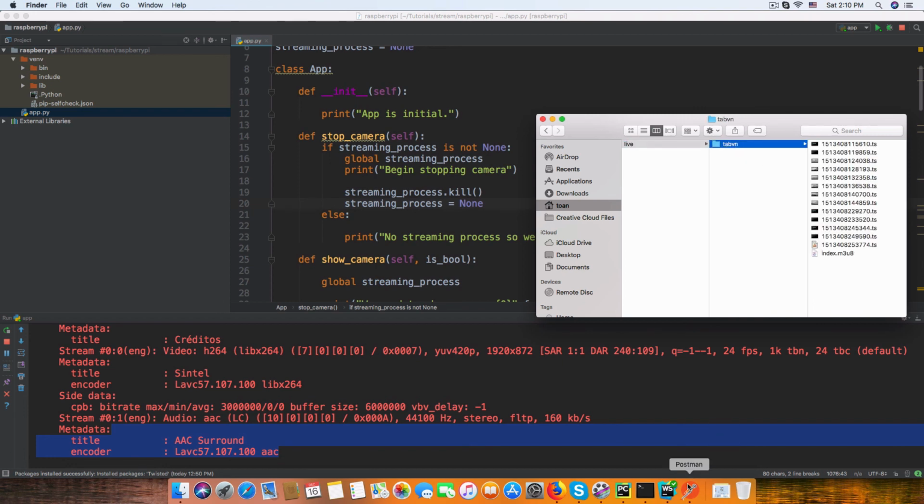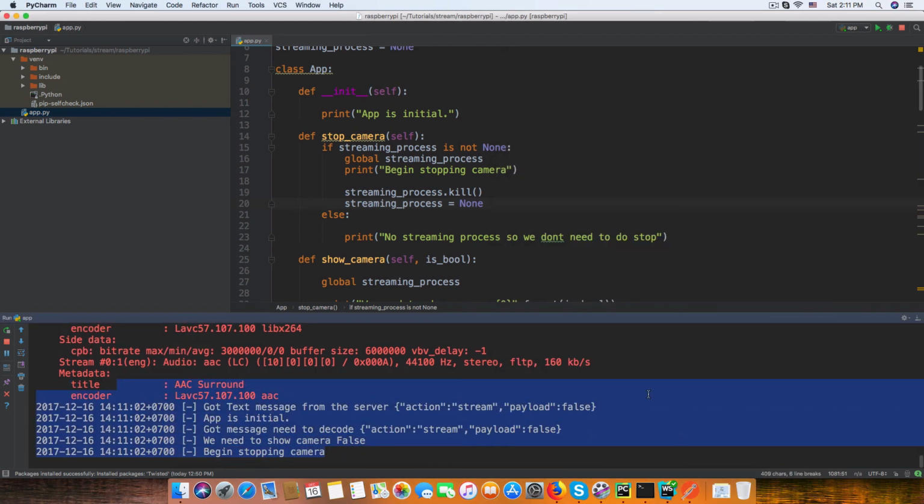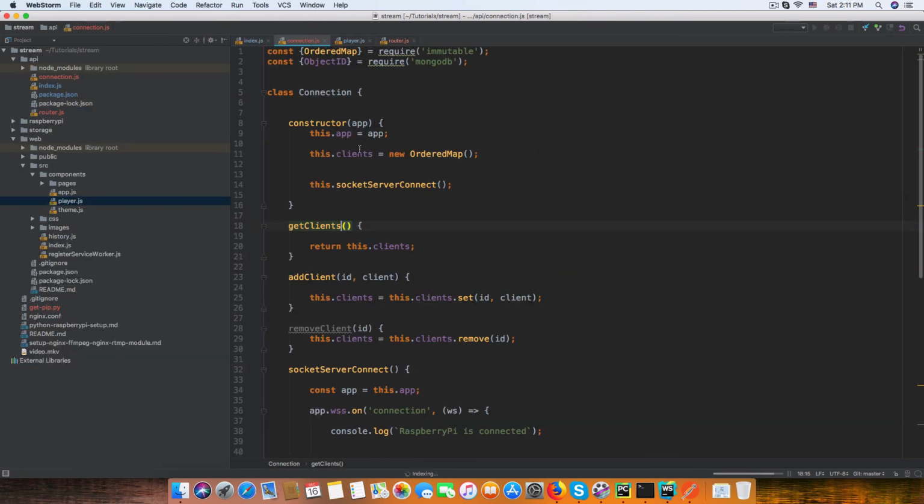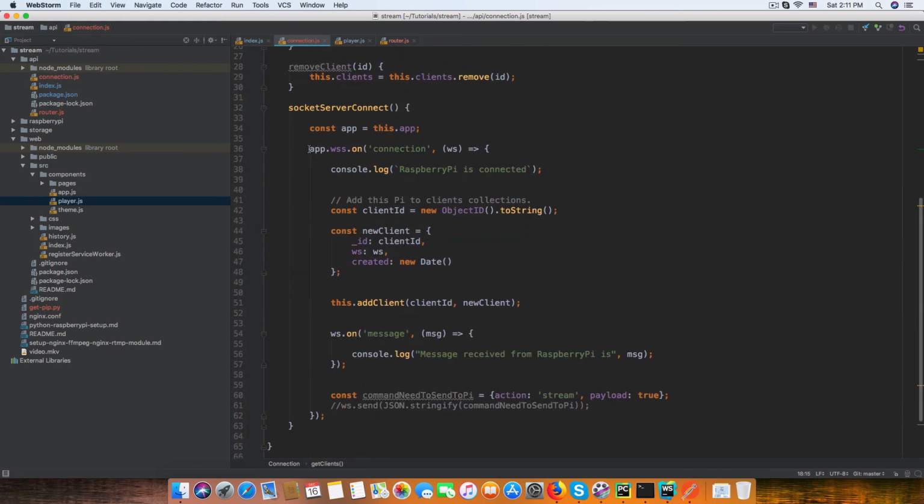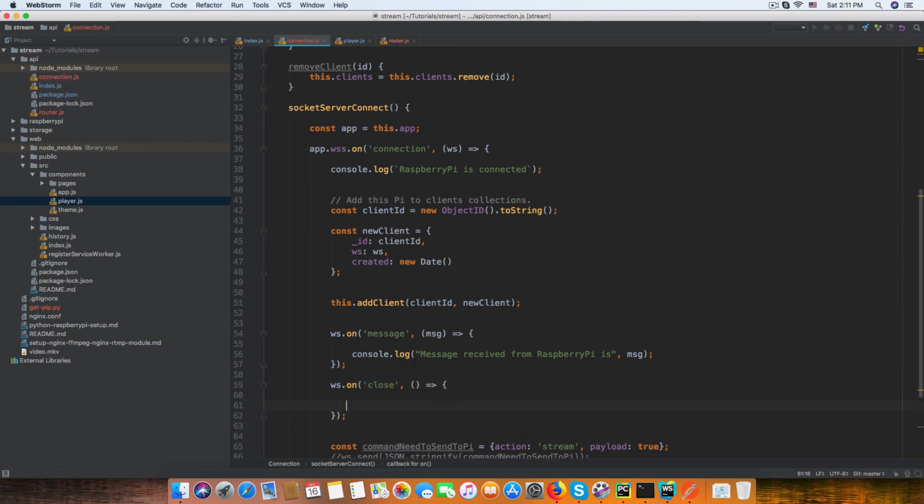So alright, okay, so that is how it works. And change to stop. Alright. And so one more time, I can make a function in our connection to make sure we know if the Raspberry Pi is either not connected or disconnected from our server. So in this case, on connection, here ws.on close, and any reason, so we make it console log Raspberry Pi